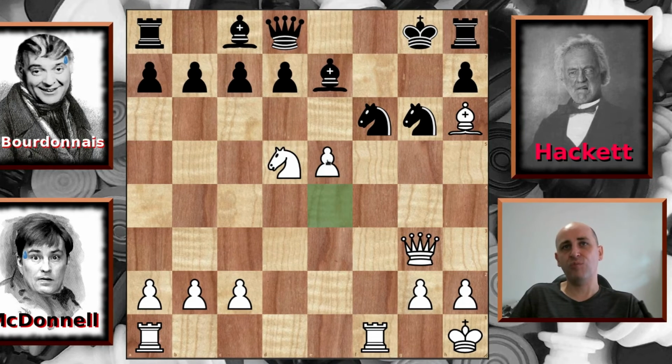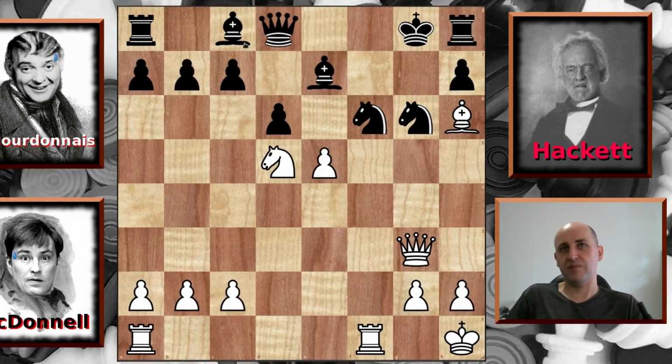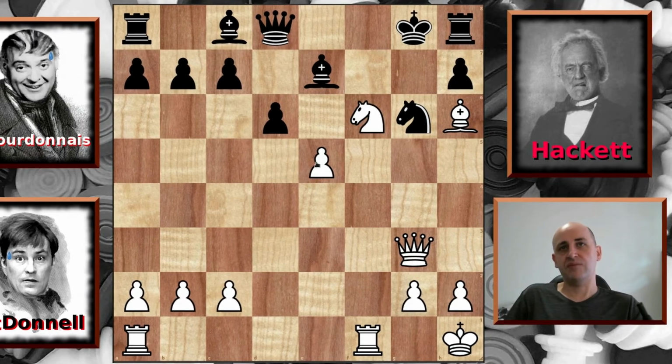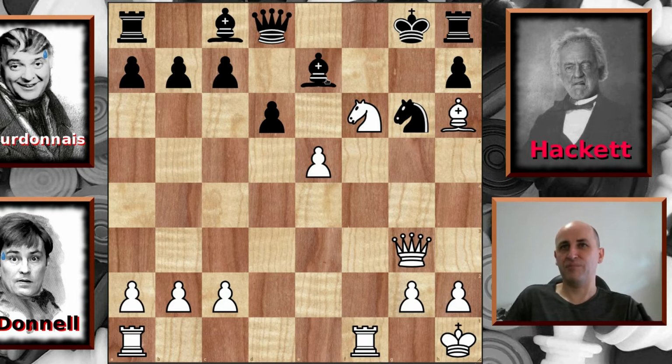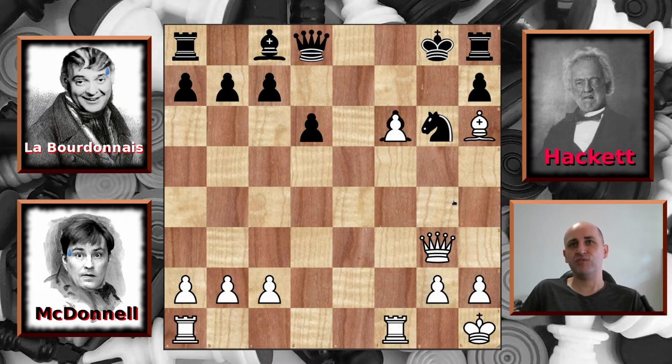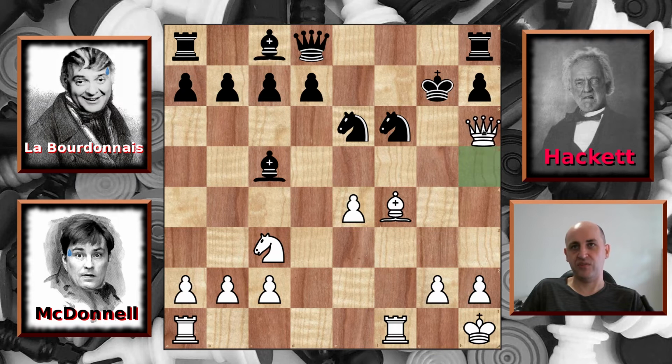Now we have a pawn push, and Bourdonnais can push his pawn, try to get his light square bishop out. But we're going to capture with the knight here with check, and it's looking extremely grim for Bourdonnais. This knight's pinned, and if you capture here, the pawn is coming here, the queen can't capture back, the rook's helping with the attack, and it's looking super bad. However, McDonnell, instead of playing the check with the bishop, he blows it and instead checks with the queen, and